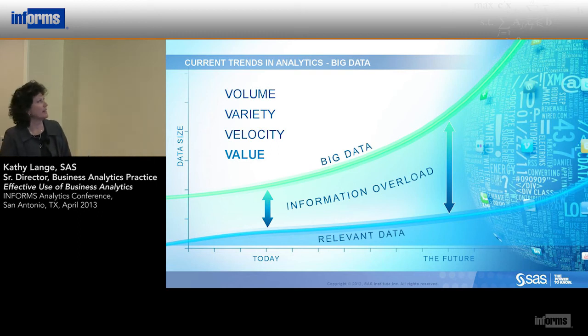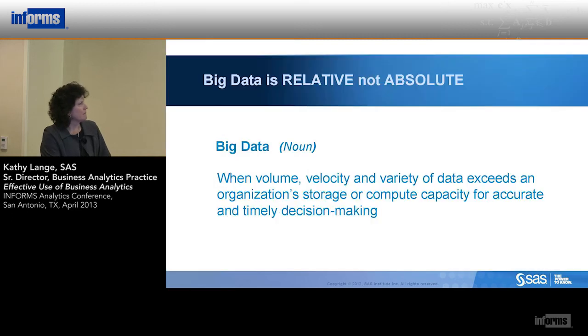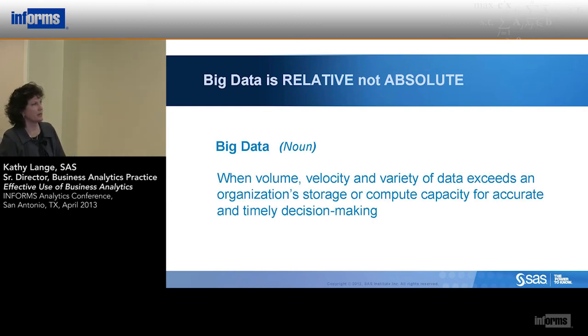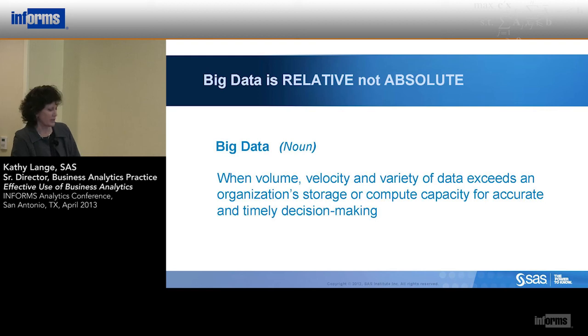And I'm sure we've all heard the V's out of there, but what you're trying to get to is that relevant data. You're collecting all this stuff, and you want to get to that relevant piece so that you can make better decisions and get through that information overload. That's our definition of big data. It's really when you exceed your organization's storage or compute capacity for making timely decisions. So very relative. If you feel like you don't have the capacity to make the decisions in that time, it doesn't matter whether it's a gigabyte or a petabyte or whatever bytes, right? It is really very individual.